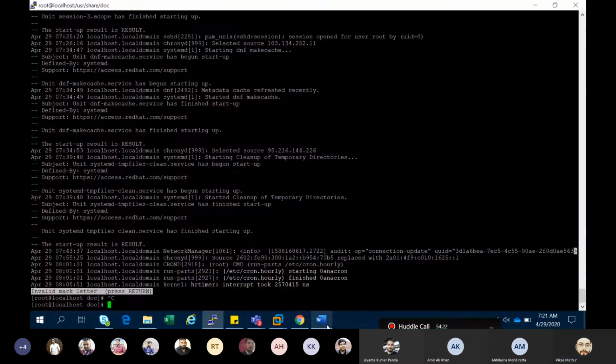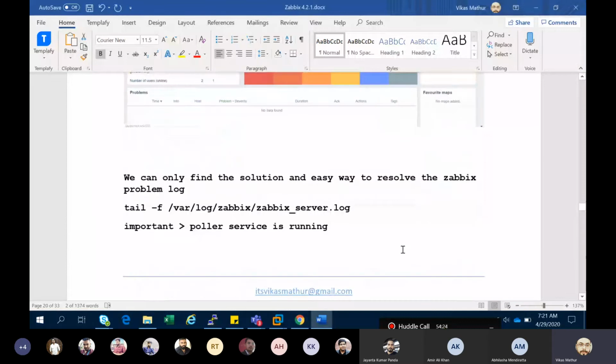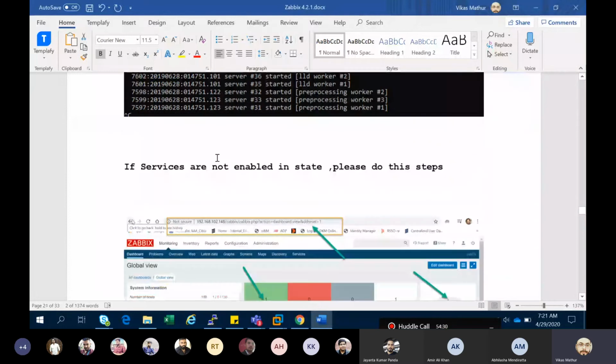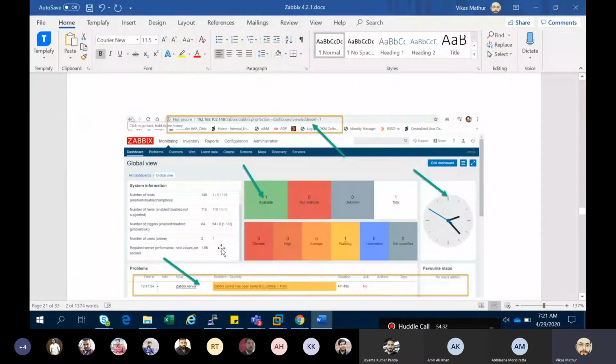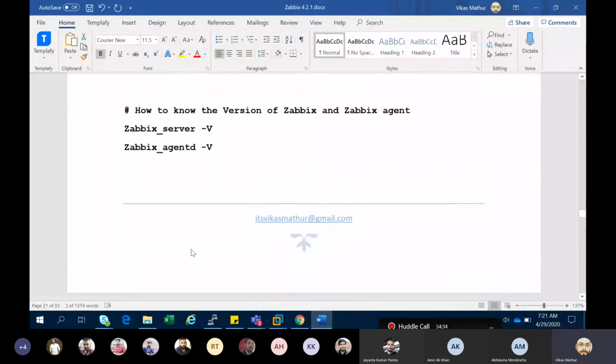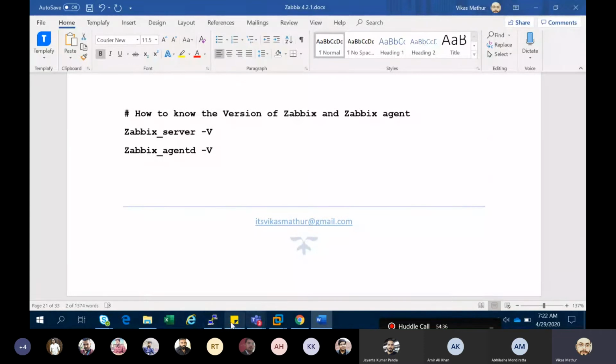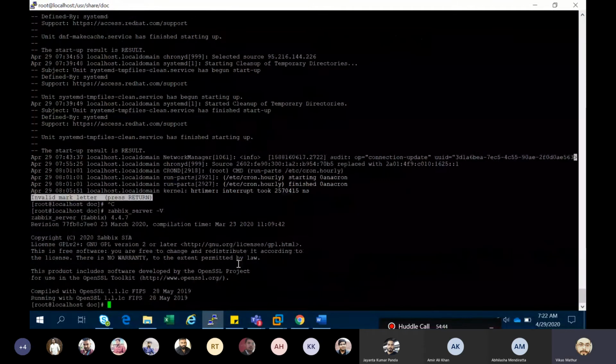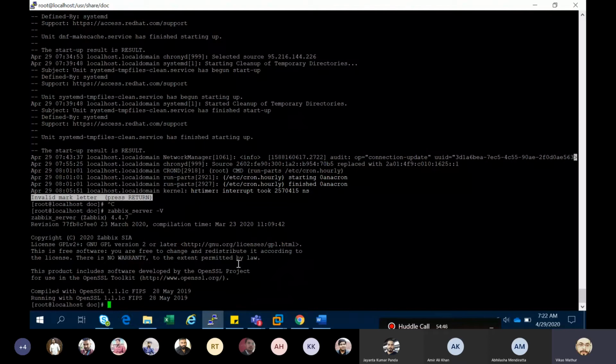So this is the thing for the Javix server. I think after executing this command, my Polar is running in a state, that is important. This is my Javix server. And if somebody asks you what Javix version you are using right now, this is the command: javix_server -V.